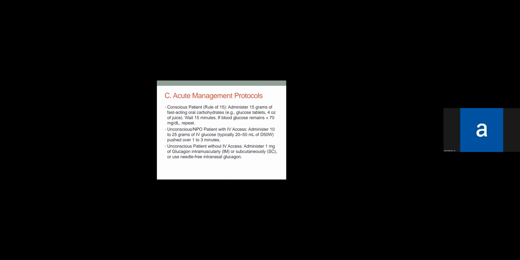And we reposition the patient into the recovery position because glucagon may induce vomiting, causing aspiration. We will try to secure an IV line quickly while glucagon takes effect, from 10 to 15 minutes. As soon as the patient regains consciousness and can swallow safely, we will transition them to oral fast-acting carbohydrates, followed by long-acting food. Clear, okay.